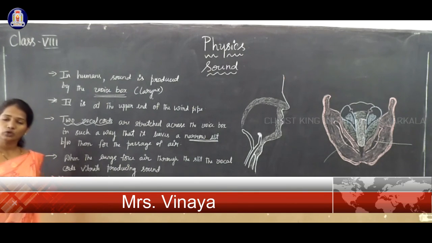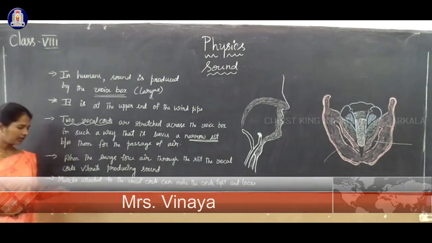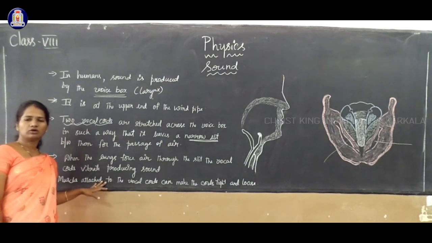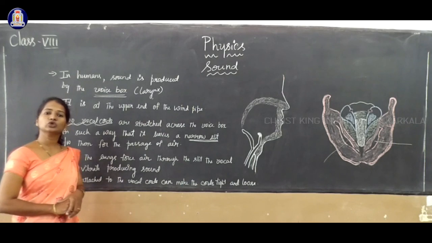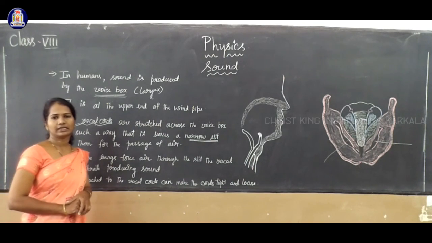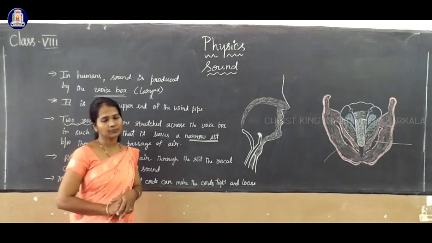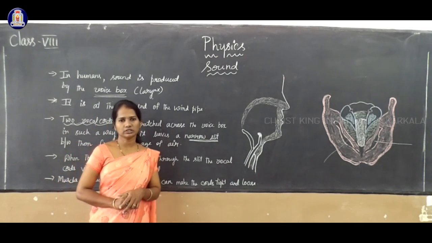We can produce different types of sounds because of the muscles attached to the vocal cords. These muscles can make the vocal cords thick as well as thin. Because of that, we can produce different types or different qualities of sound. In this